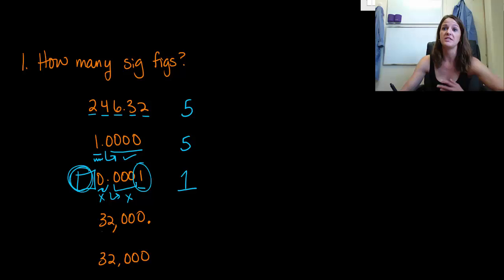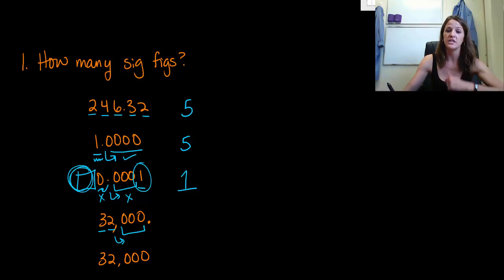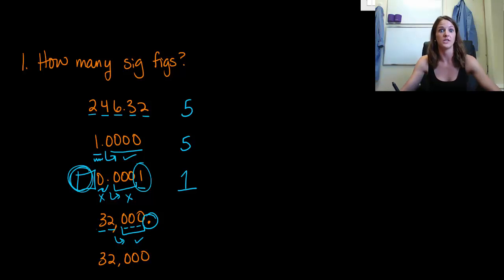All right, next one. How many significant figures in this next number? So the 3 is always significant, 2 is always significant. Now we've got some zeros. So they are after significant digits, so that's a good sign, but we need to figure out what's going on with the decimal. Now remember, if it's ever drawn in, if it's written there, it's there for a reason. It's telling you, do not ignore these 3 zeros. These 3 zeros are very much significant. So we have 1, 2, and 3 very significant digits there. So we add those to our 3 and our 2, so we've got 1, 2, 3, 4, and 5 significant